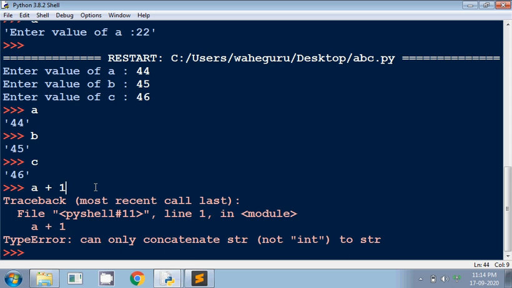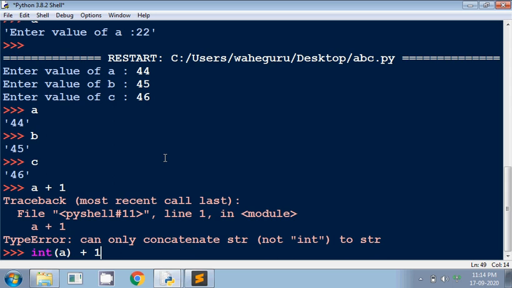So let's focus on the input function in this video. One way to solve this problem is that we can convert this string value into an integer, and then add 1 to it, and we have actually seen this in the previous videos. So I can convert this string value into an integer by using the int function, and then I can use plus 1.